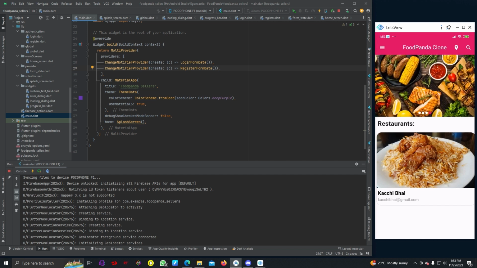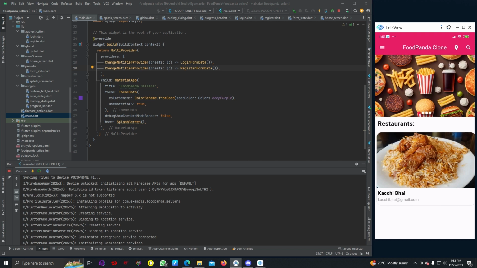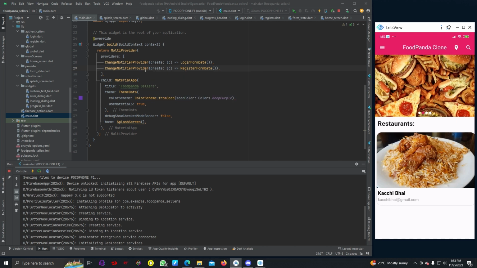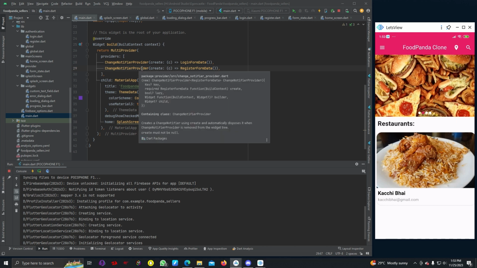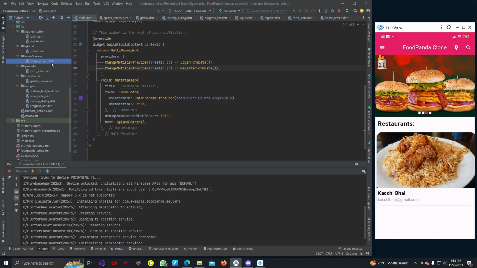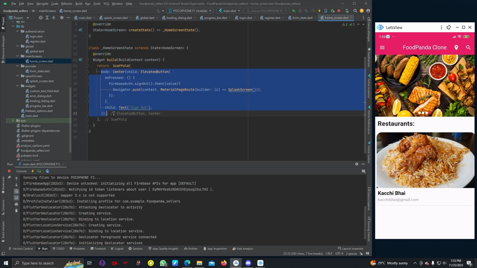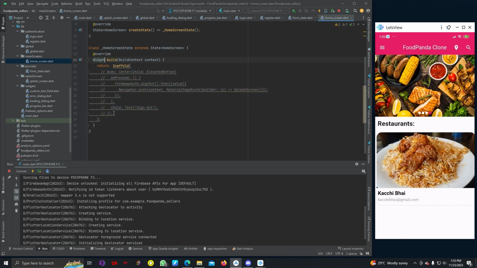So let's add menus. So I'm going to write code in our home screen. So let's comment out this, and at first